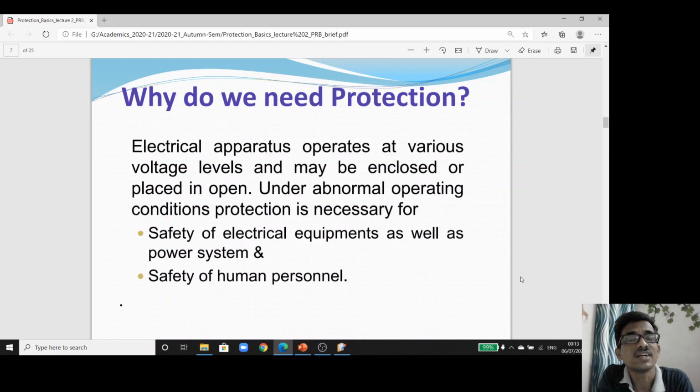And as it is a huge economic loss to our power system, it means we cannot fulfill that first and most important criterion in today's competitive world, because our operation of power system should be economic. But if we are not taking care of our equipment, then it will damage the equipment and put an extra burden on our power system. Secondly,